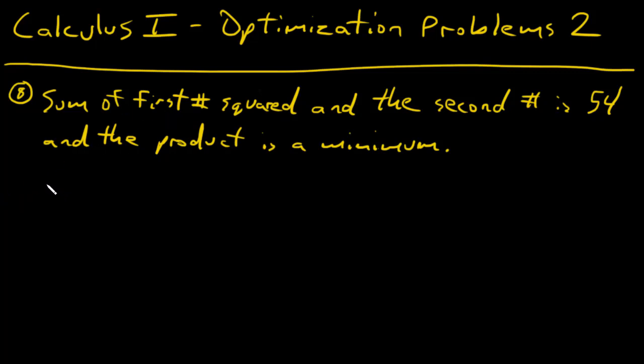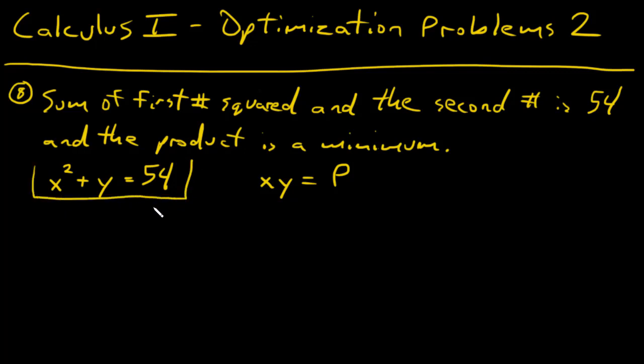So the first number is going to be x, so we're going to have the first number squared, so that's going to be x squared. So the sum of that plus the second number, which is y, is going to equal 54. Okay? And the product is a min, so the product is just going to be x times y equals some product. Alrighty? And we want to minimize this, so this equation right here is our constraint. And this one right here is our